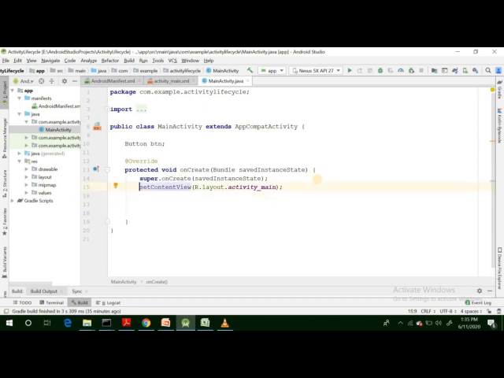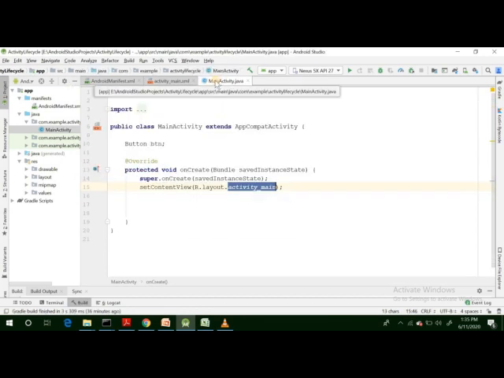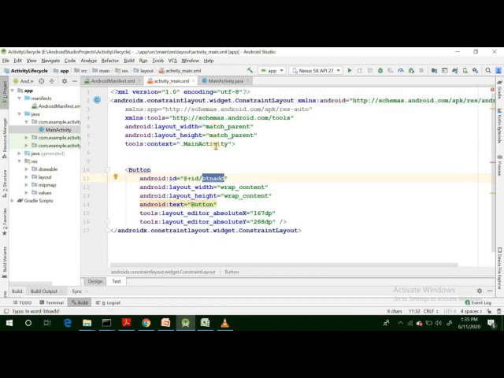Now this line shows that we are using the layout file that we created with that activity. I already told you there are two different files with a single activity. One of them is the layout file and the other is the Java file, which is used to implement the behavior behind the views inside the layout file.